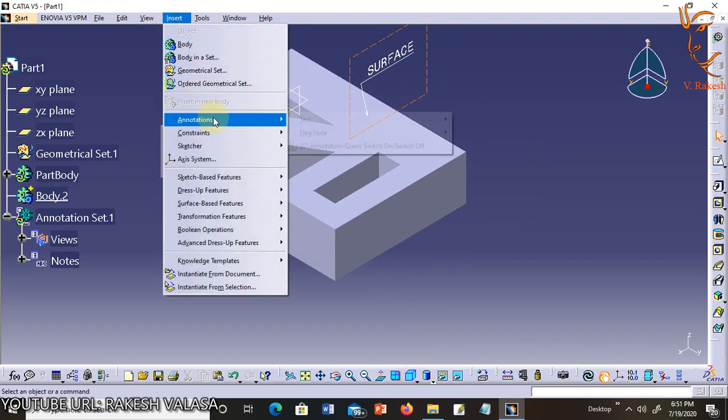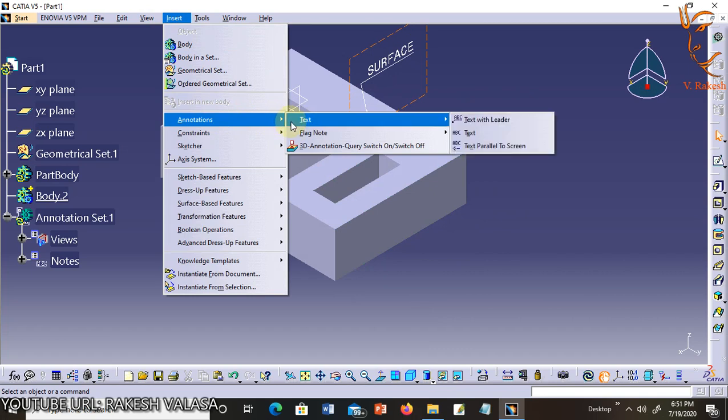Next one is annotations, that means dimensions. By using this option you can give the dimension to the parts. This tool allows you to create 3D constraints. If sketch based constraints control the actual profile, the 3D constraint will show up as a reference constraint, that means dimension.